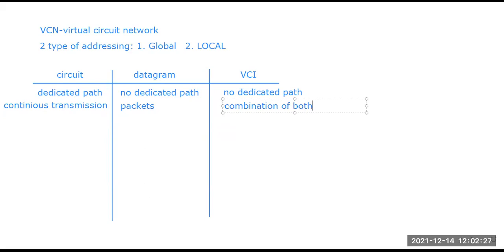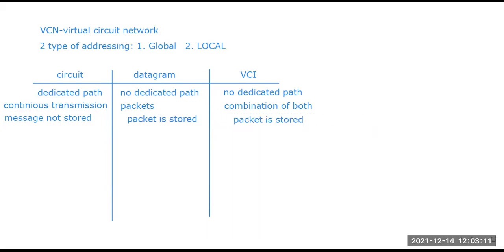Combination of both: continuous transmission starting from the source, then in the switching part the packets are used to convert it. The message will be broken into different packets, right? Then the message is not stored in circuit switching. Packets or the message are not stored. Here in datagram, the packet is stored for the forwarding process, and in VCI again the packet is stored, right?